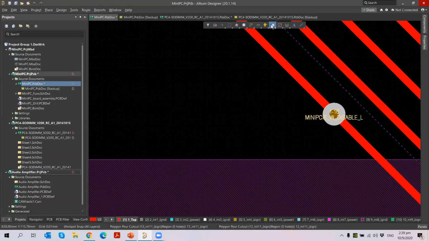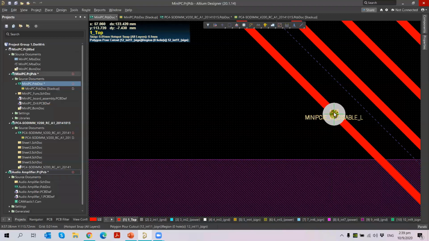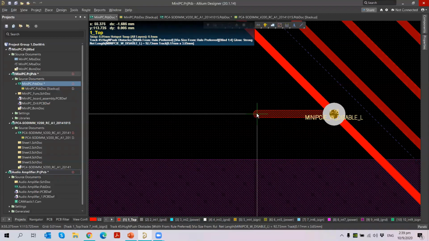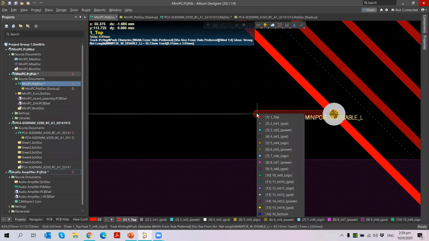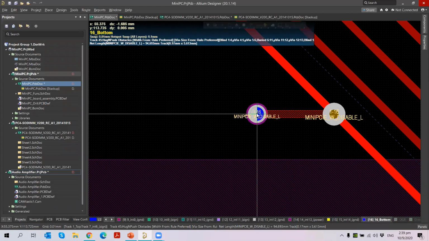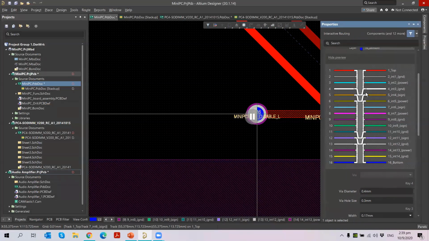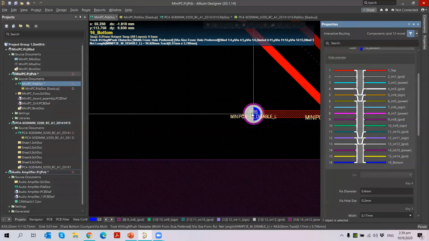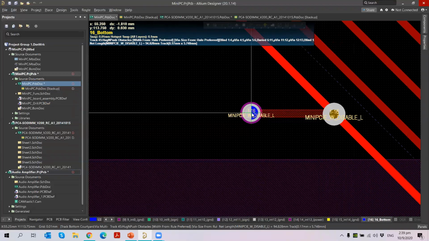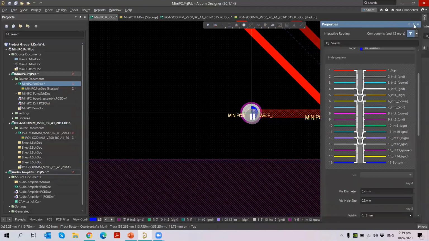So I go for route. Okay, when I start my routing, you will see it is starting with the initial layer, and then I just want to change the layer. Let me press Control L. Control L is to skip to the layer, and I want to use the bottom layer. Okay, so I just click on bottom layer. You will see the via comes out here. Okay, I will show it in the properties panel for the via properties. So now let me show here. So when I just get this via, and then I need to pin it here.